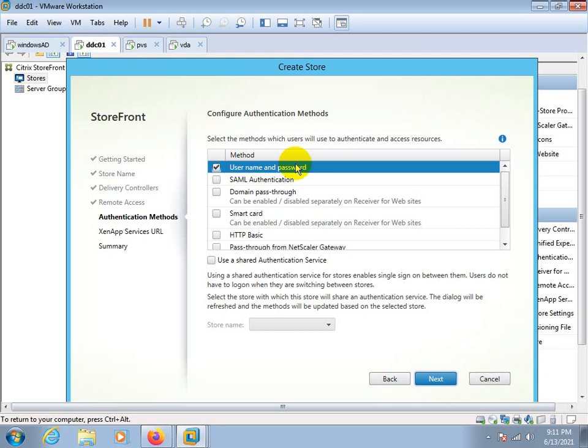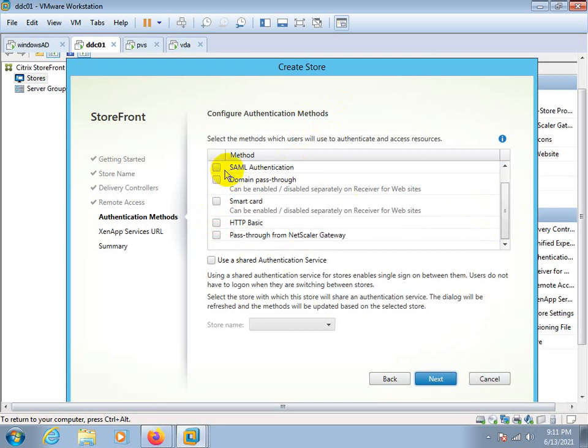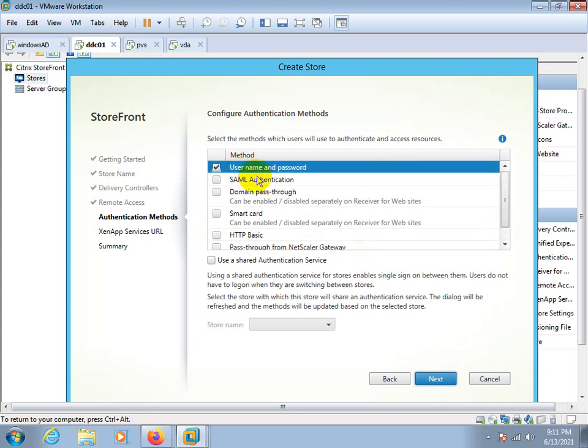That is MFA, multi-factor authentication. In that case, you can use smart card, SAML authentication, or the NetScaler key. But here I am using only Active Directory. That's why it's a username and password.